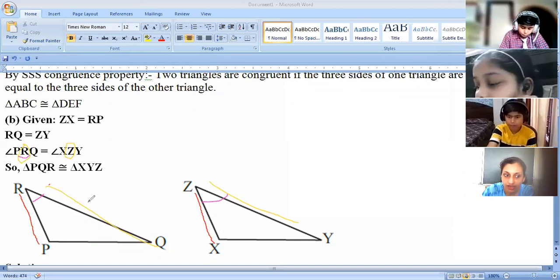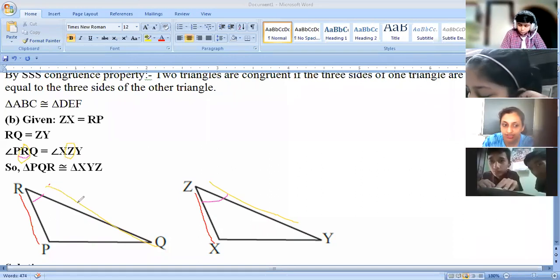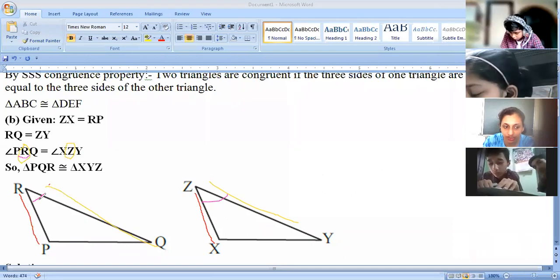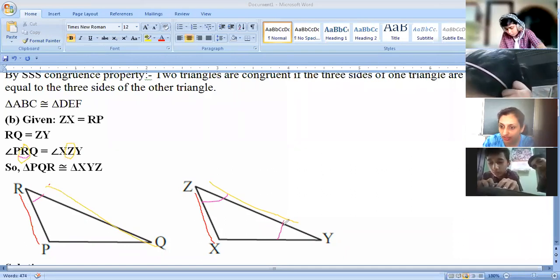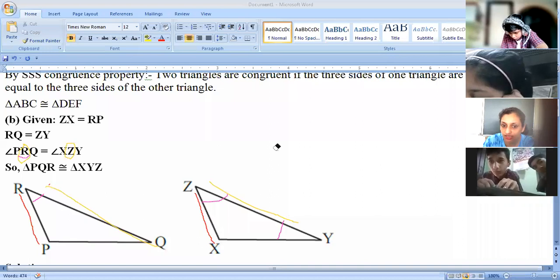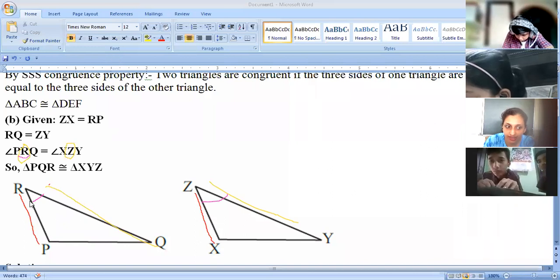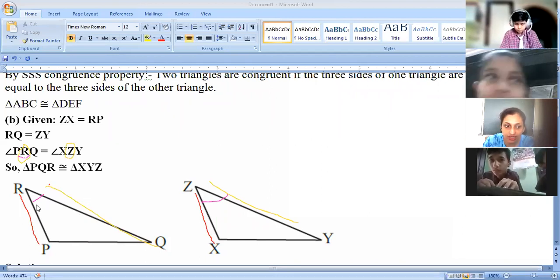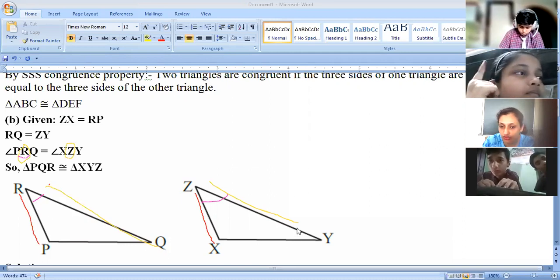Okay? Clear? And remember one more point in this question, that whichever congruence criteria you are talking about, all the three things should be together. It's not like you are talking about this angle here and then about that angle. That will be wrong. If you're talking about two sides, that means these two sides are equal. Side, and then angle, and then side. These all three things should be one after another. It's not like you are talking about this angle now and next you move to that angle. Okay? So all the three things should be together.